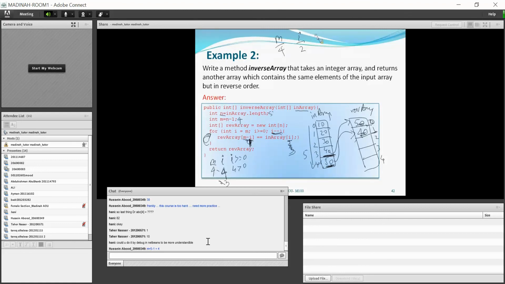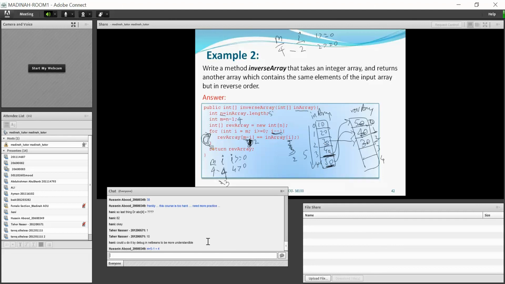So i greater than or equal to 0: 2 is greater than or equal to 0, it is true. When it is true, reverse array of m minus i. m is 4, 4 minus 2, 2. Reverse array of 2 is this one, in array of 2 is this one. So 30 will be here.